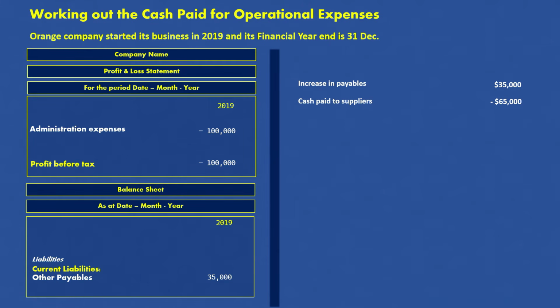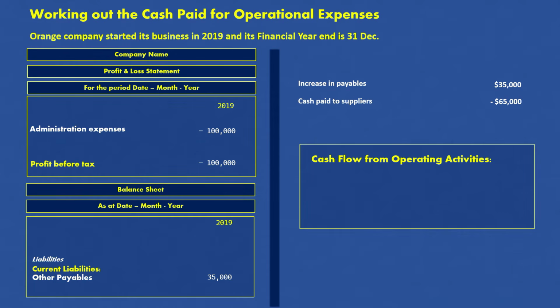Now let us just take a look at the format. So basically we have to, again I would repeat that, we have to approach this cash paid to suppliers systematically, because in a few moments the scenario is going to get a lot more complex. The profit and loss statement will not be so simple. So we have to find a system to easily solve this. So we will begin from our profit before tax, and that is minus $100,000, and we will